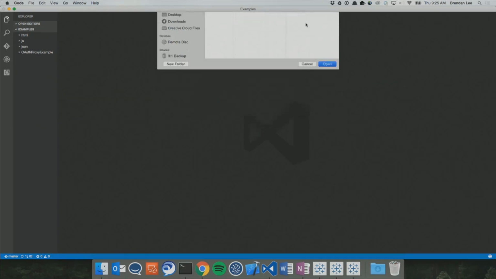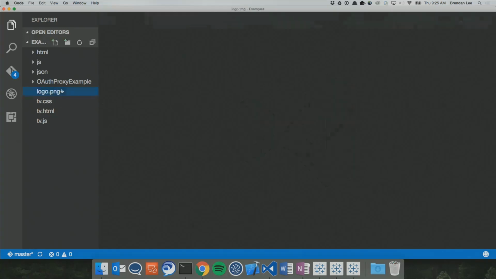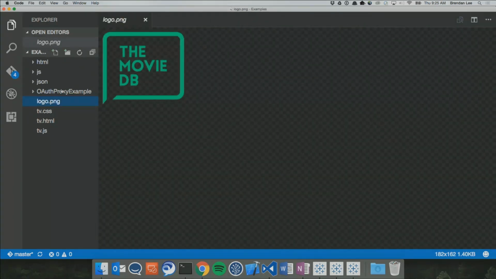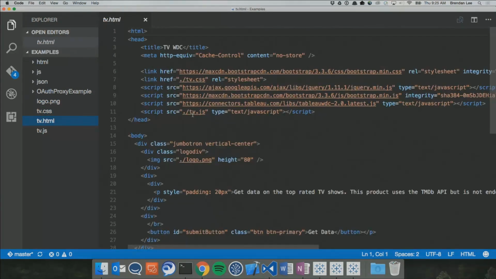All right. This is our example folder, and we've just copied a bunch of sample code into here. There's a PNG. It's going to go straight into our web page. Not super important. Some CSS for basic styling. And then here's this HTML page. There's not too much going on here that's important. It's a lot of markup for how our web page is going to look. But there are a few things I wanted to call out. The first is the Web Data Connector API that I mentioned. So this comes in through a script tag, and it's going to have all the APIs, all the objects and functions that you're going to need in order to build a connector.